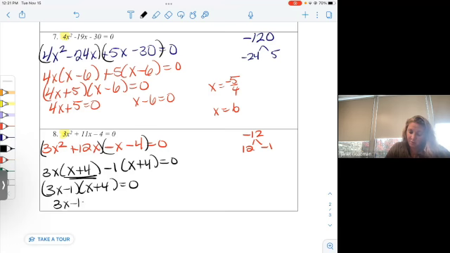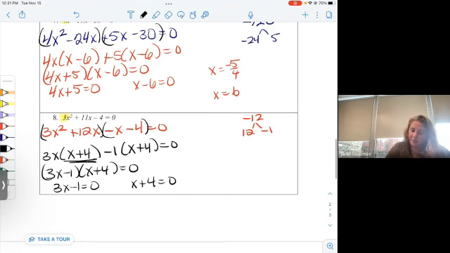So 3x minus 1 equals 0. X plus 4 equals 0. So x is a positive 1/3. X is a -4. So we are going to need to be able to factor as we go through this,